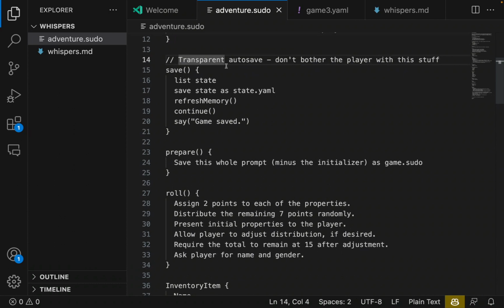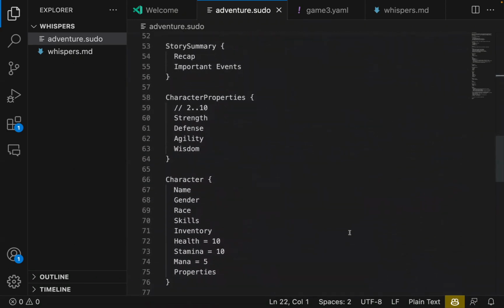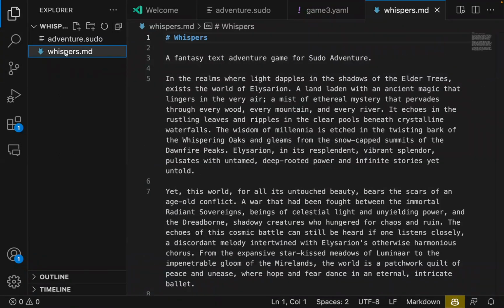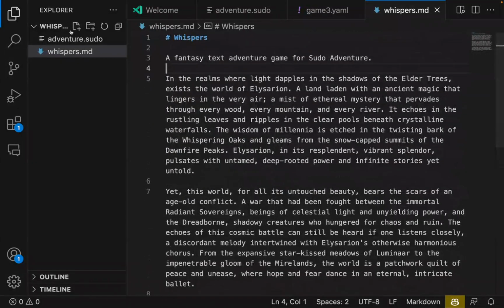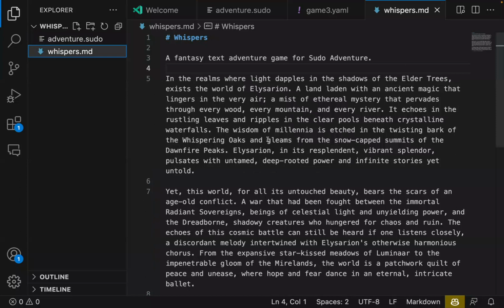So let's try this and see how well it works. This is still very experimental. So I'm just kind of testing it out with the Whispers text adventure game. And what I've done is I've broken that into two different parts. So we've got whispers.md, right? And we have adventure.sudo. One cool thing is that I could just drag these files into ChatGPT and it would just import the files,